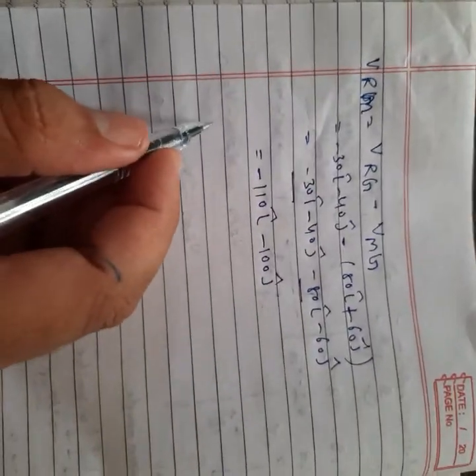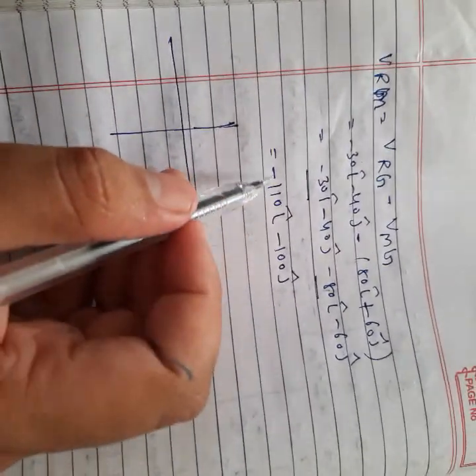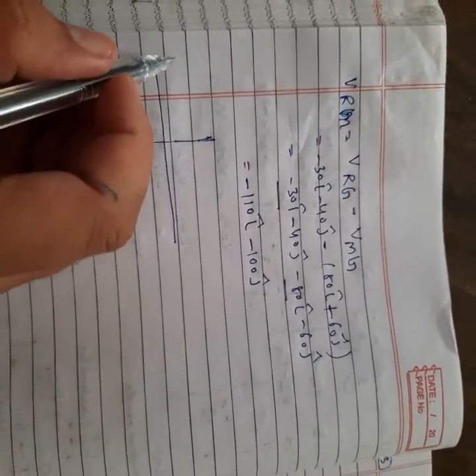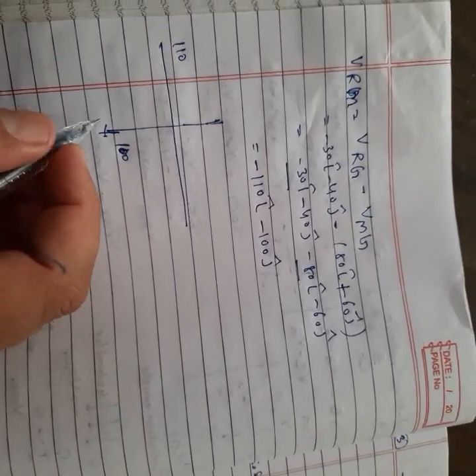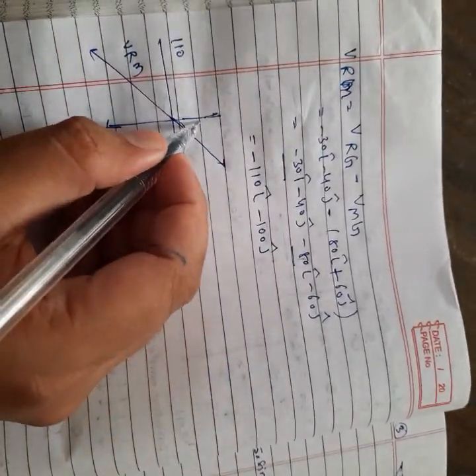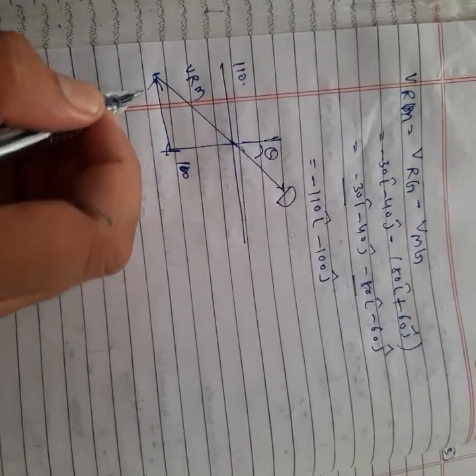Now solve it in component form. So for getting the resultant, 110i, downside we will get here what? 110. Negative no need to show. If we are drawing it downside, automatically the negative sign is there. So now this is 110i, we will get in this side. So this is equal to 100j. So here will be the resultant, meaning relative velocity, that is what? VRM. Clear? So in the opposite direction he has opened his umbrella at theta angle. Okay or not okay? So you can say find out tangent theta. So shift this angle downside, same like it. Okay or not okay?